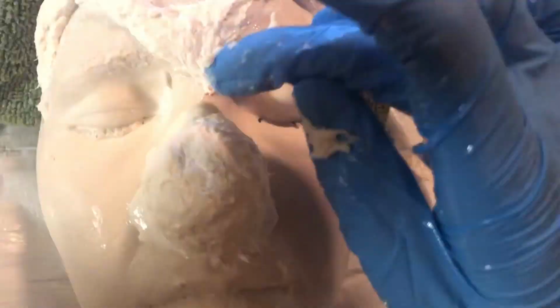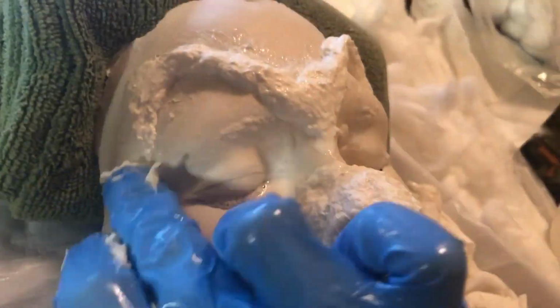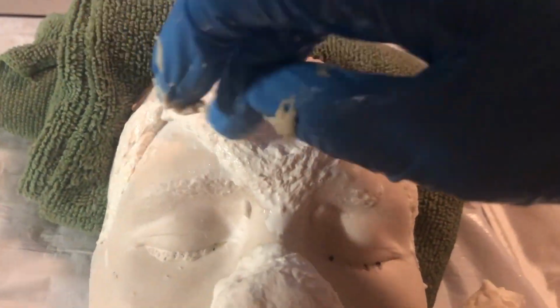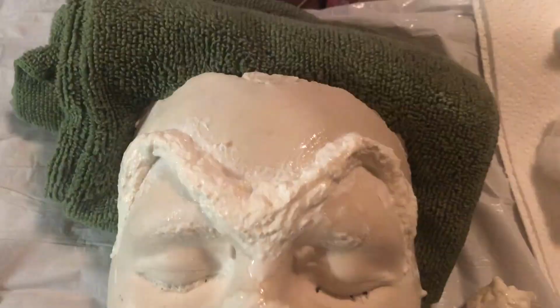So here is the cheapest and most accessible way to make prosthetics. Here I have a professional face cast of myself, but any basic human shaped thing could work, like one of those foam heads that you can buy at any craft store. Just make sure to coat it with a light layer of something like coconut oil or Vaseline so the prosthetics